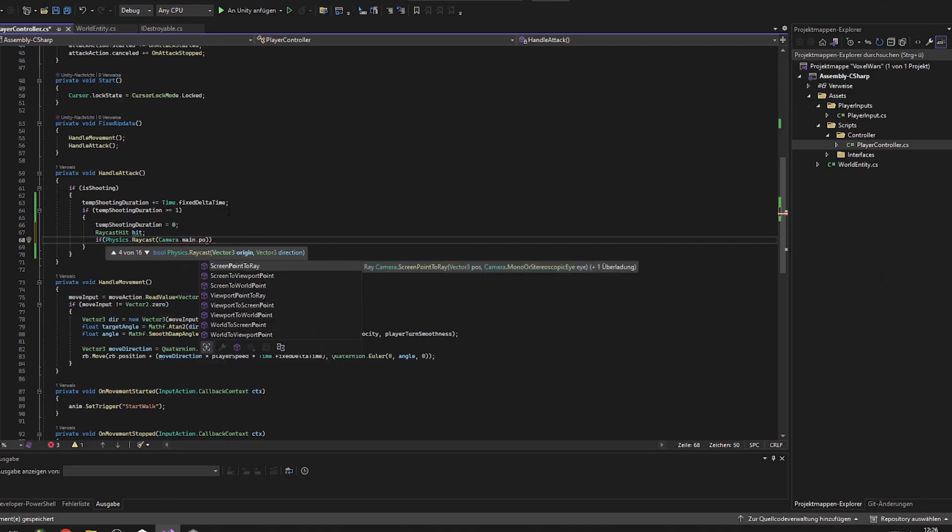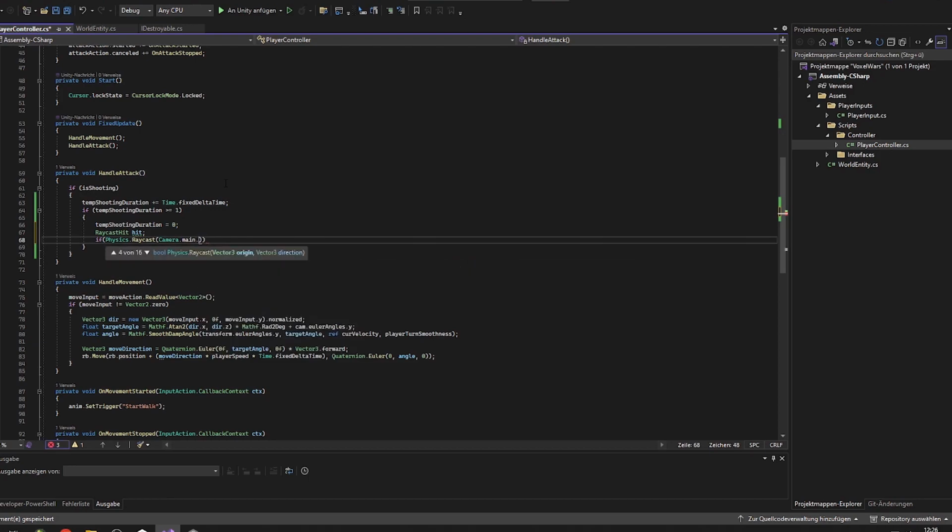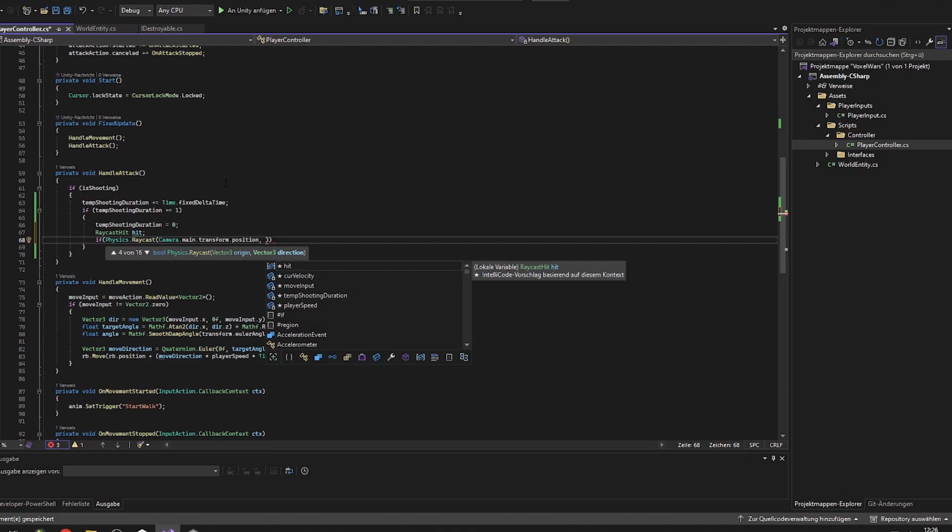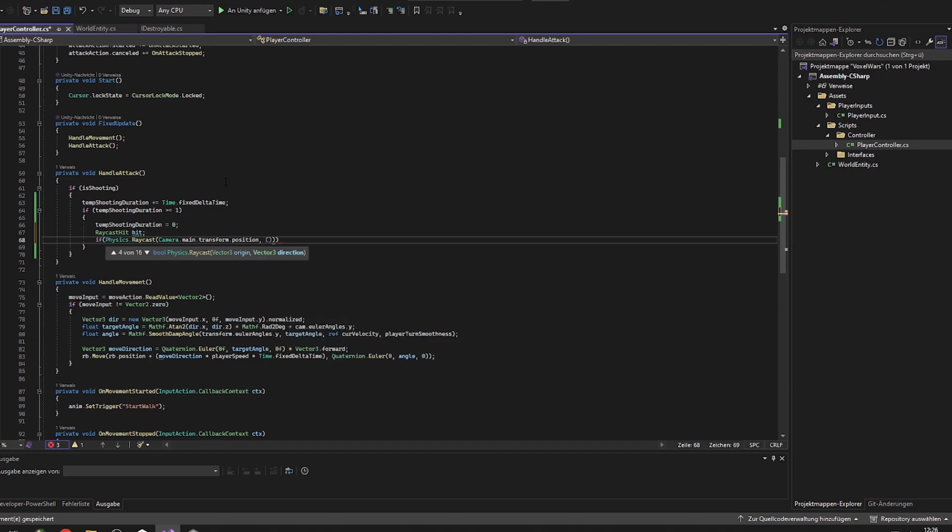As I said in the first video, I guess we also want to have a game manager where it stores this main camera and stuff like that. But we do that later. And the direction is the current look direction of this camera, which should be, I think, the